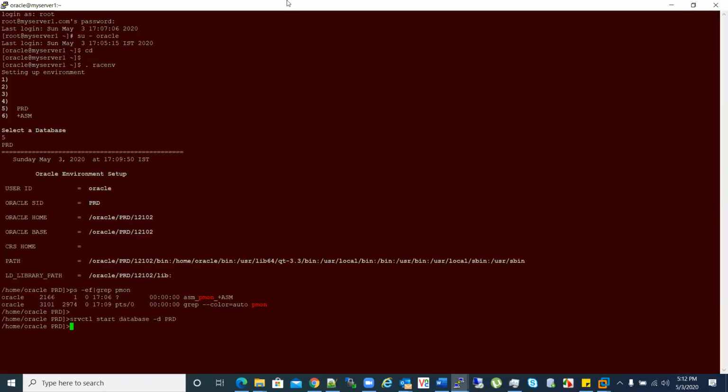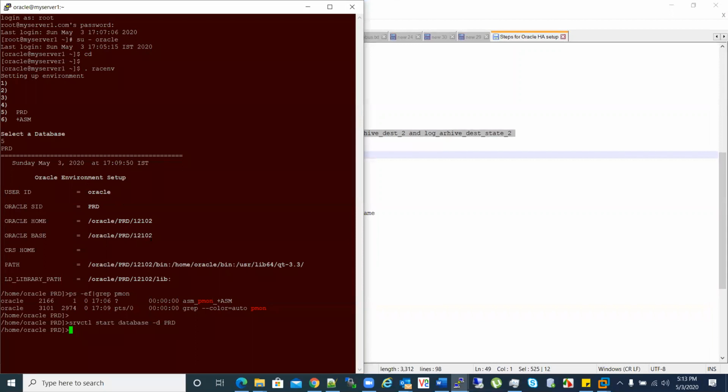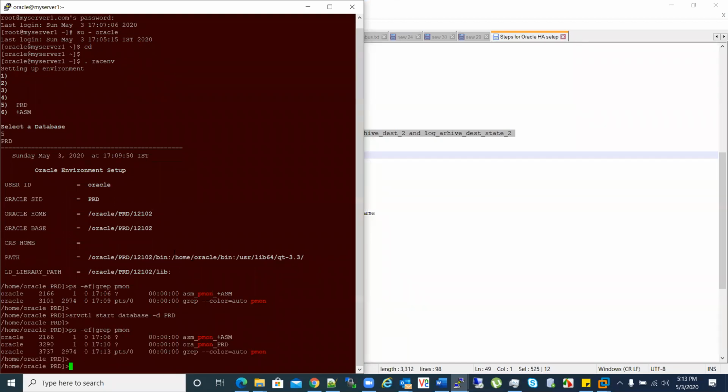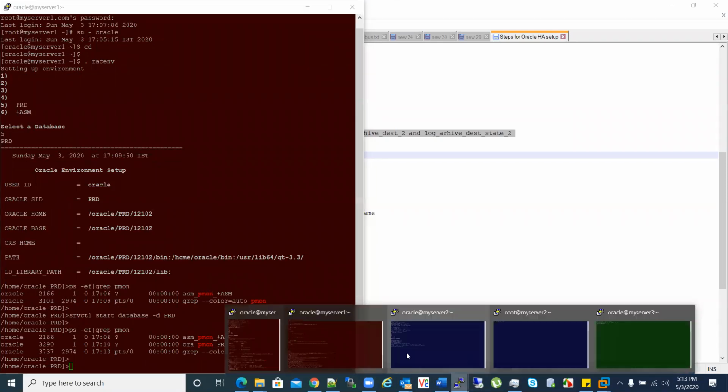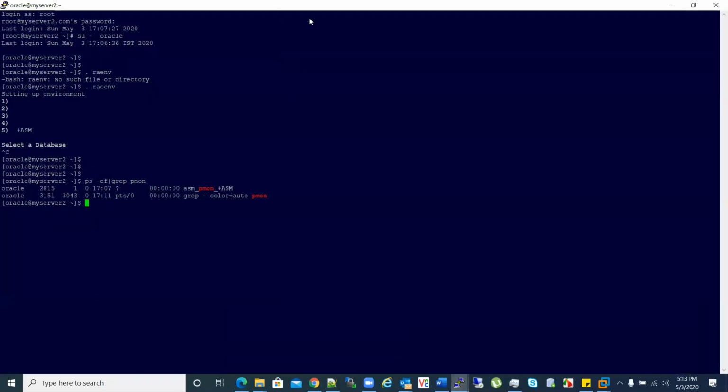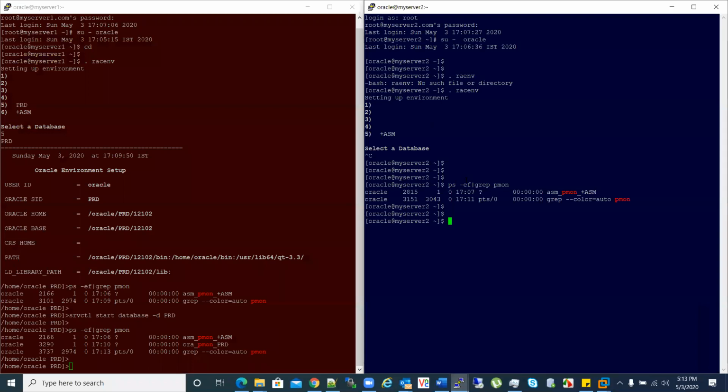Right now, this red color one is my primary server, where I have a database called PRD. This is ASM based. Then this is my server 2, where I installed only ASM, so we don't have any database here. I installed the DB binaries, but I did not create any database